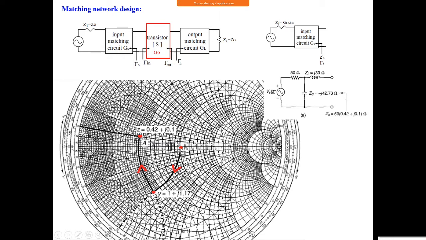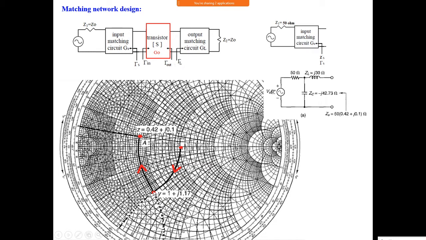Okay, so you find out what the capacitor value is; you know how to do that. Next, from here you should move like this, from here on that resistance circle. So it is moving on a constant resistance circle. Up to this point you moved previously. You know this capacitor is added; what is the value of the capacitor? You can find the initial value, and this is the final value; you find b and get the value of c.